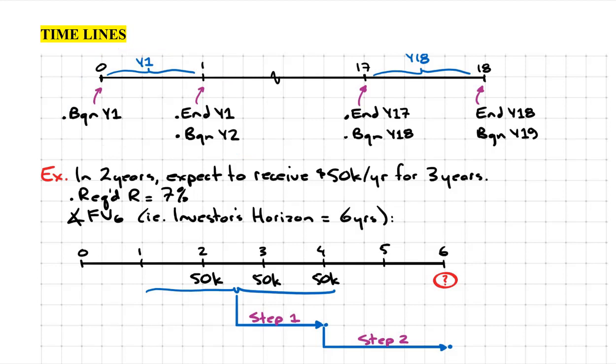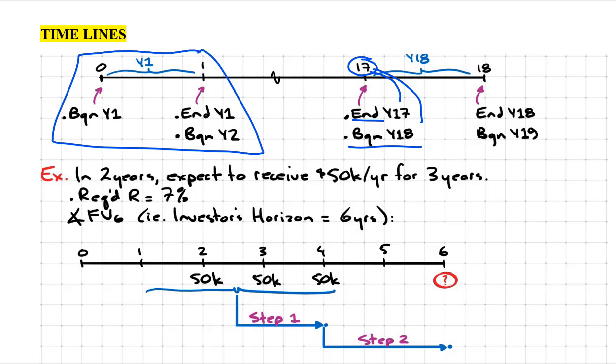So for example, if we're looking at 17, how do we interpret that? Well, how did you interpret the 1? 1 is the end of year 1, so therefore 17 is the end of year 17. But at the same time, 1 was also the beginning of year 2, so 17 would be the beginning of year 18. So once again, do you see how I'm using this segment here as a template for all these